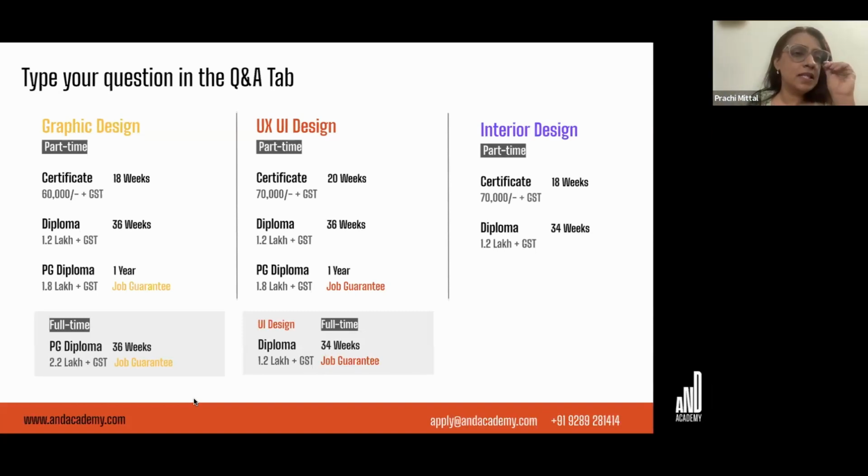Mostly the interior design course, while the graphic design and the UX UI design courses at AND are directed towards jobs. However, half of our graphic design graduates also like to take up freelance work. But the interior design course is designed for you to be able to start a small practice of your own, and that's the kind of skill set that is getting built. However, some of our graduates have gone on to intern with architectural firms or interior design firms and then convert that into a job for themselves. So those are the avenues.